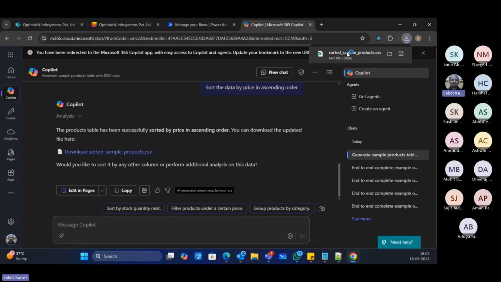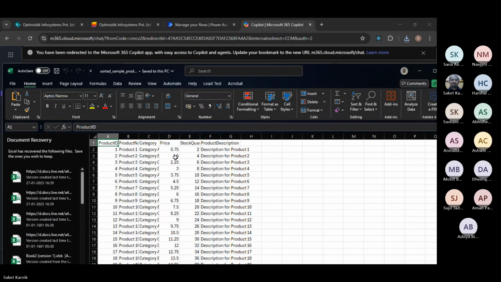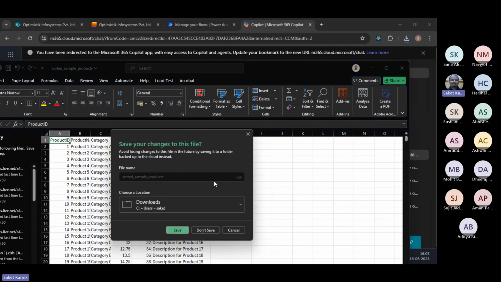So if we see this new version, check this out. Prices. Yes. Description also added, which we asked it to do in the previous step.